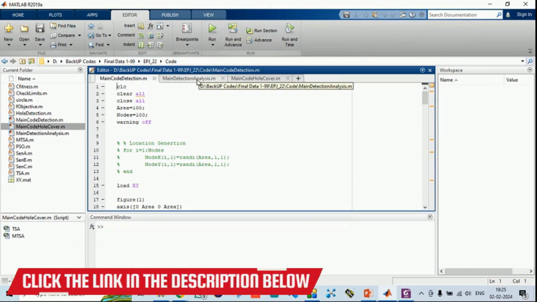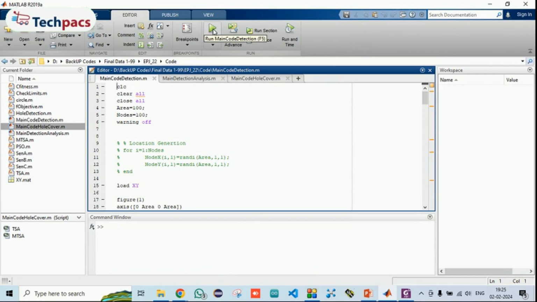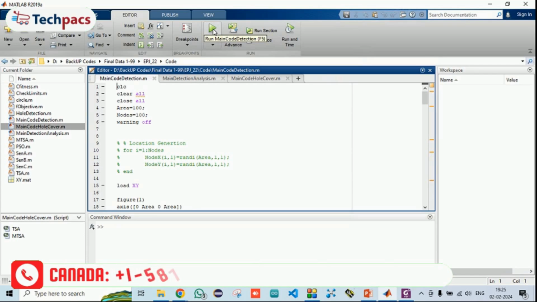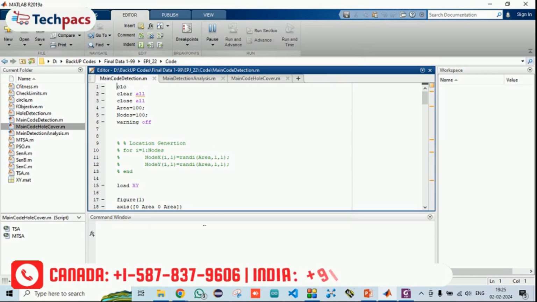When you click on the run, it will start processing. As you can see, I'm just clicking on the run button, it will start processing and will show the results. In the meantime, let's talk about what exactly the current systems are doing and what novelty there is